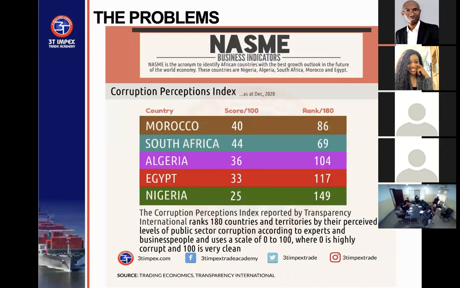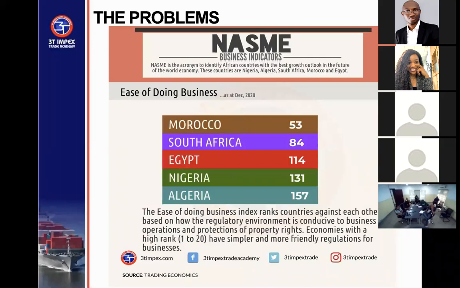Of course, there are issues with corruption, there are issues with inflation, and there are issues with ease of doing business. So I'm not denying the fact that we have these issues. I'm only saying that in spite of these challenges, Nigeria is still not doing badly in the community of nations. In Africa, as far as export is concerned, Nigeria is the second largest exporter in Africa, just next to South Africa.